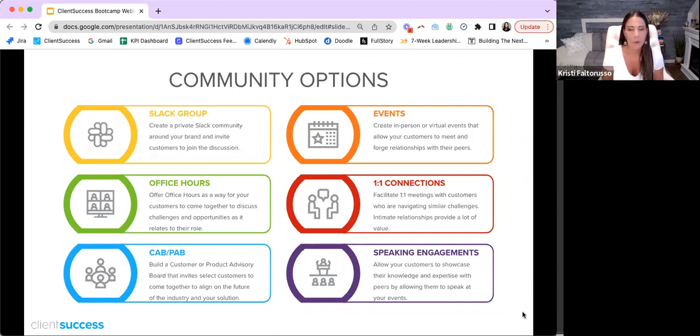The next thing, one-on-one connections. Now, there is nothing wrong with just introducing two customers. I will tell you, I love this. I love to see what happens when it happens. It happens to me all the time where somebody is facilitating an introduction between me and someone else, and we hit it off. We have great discussions and we become lifelong friends.